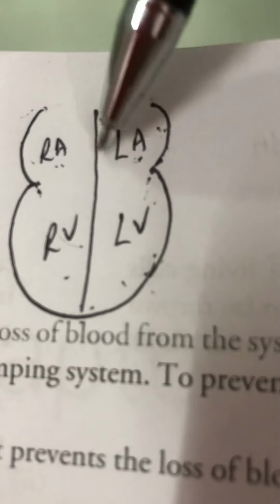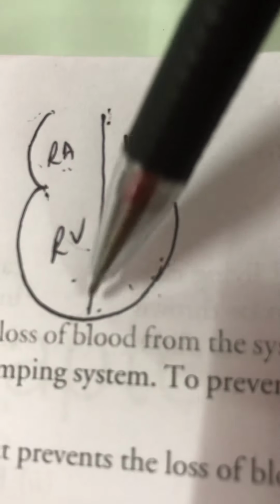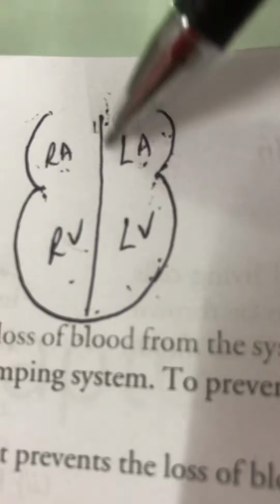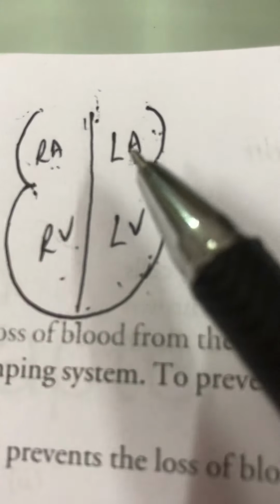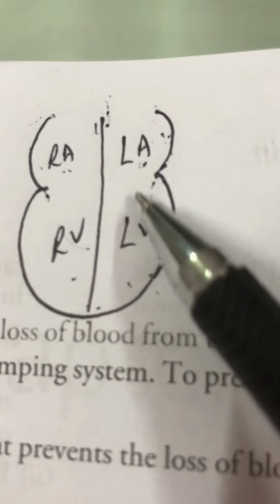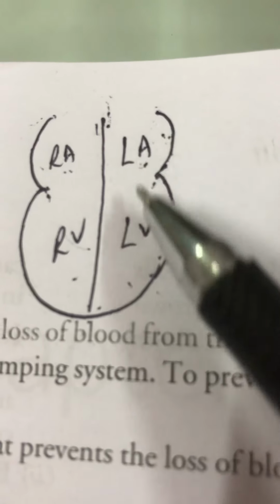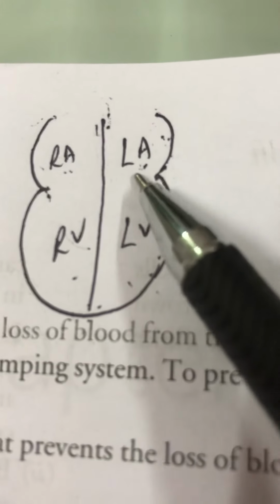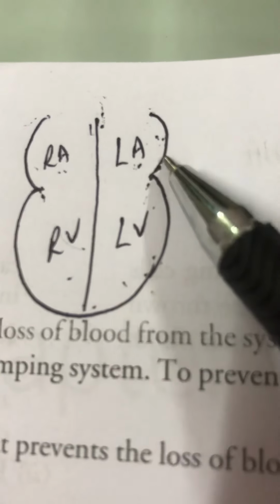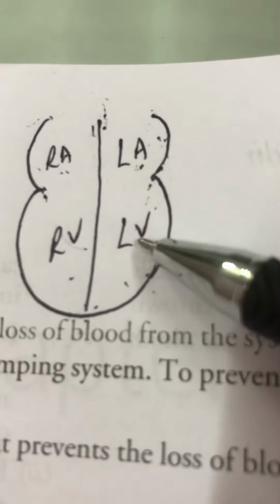If you see the inside of the heart, there is a longitudinal muscular wall. We call it septa. Now this septa divides the auricles into two parts, left auricle and right auricle, and the ventricles also into two parts. Between the left auricle and left ventricle you have a valve, and between the right auricle and right ventricle also there is a valve. This valve prevents the backward flow of blood. The blood always flows from auricles to ventricles.